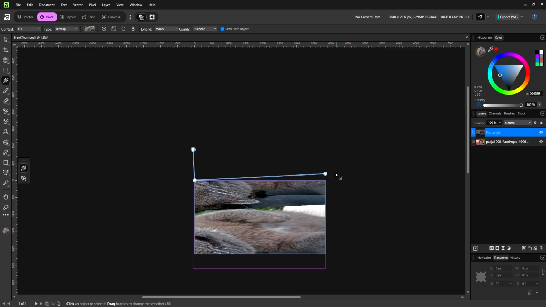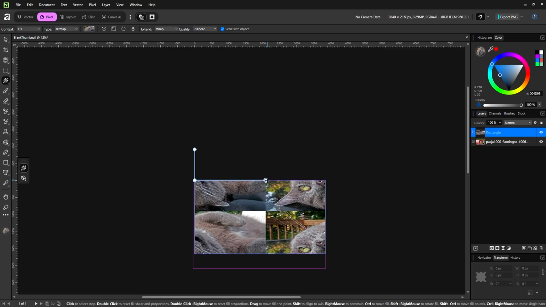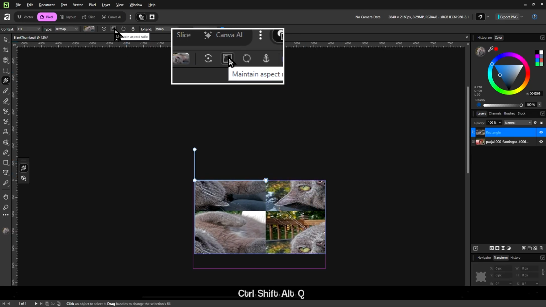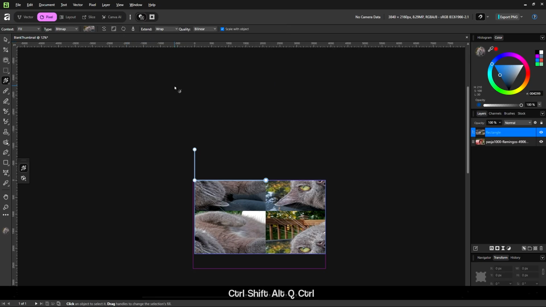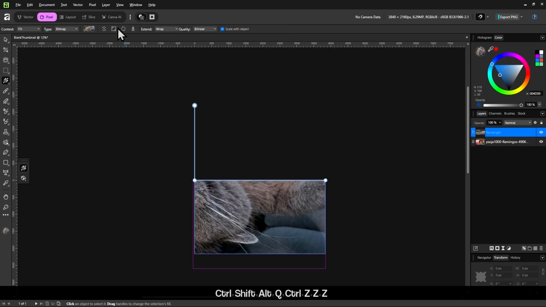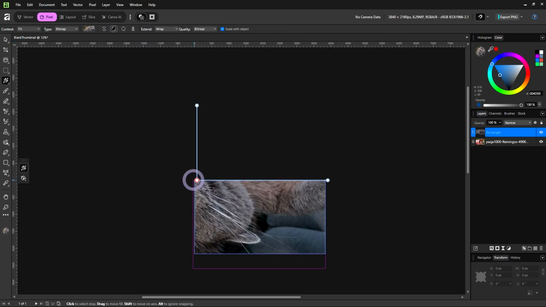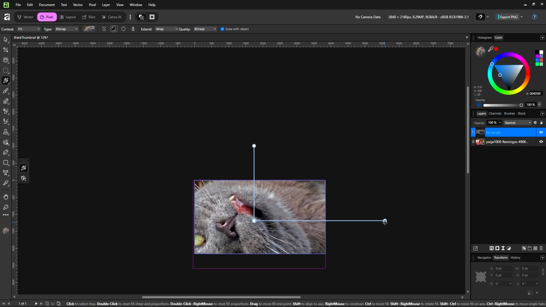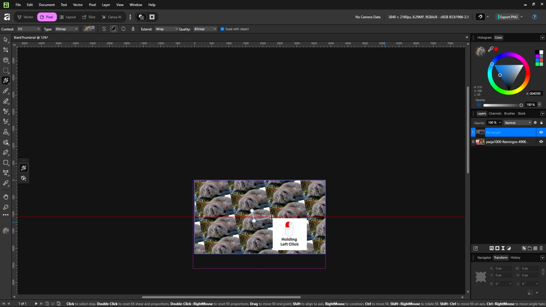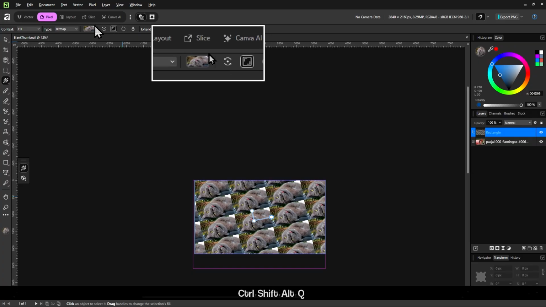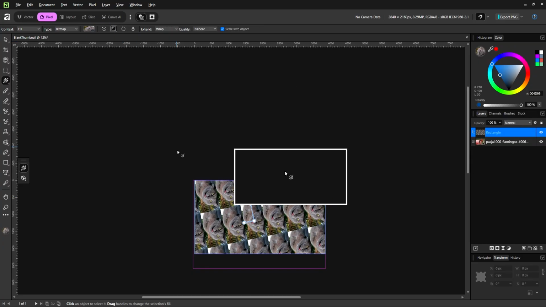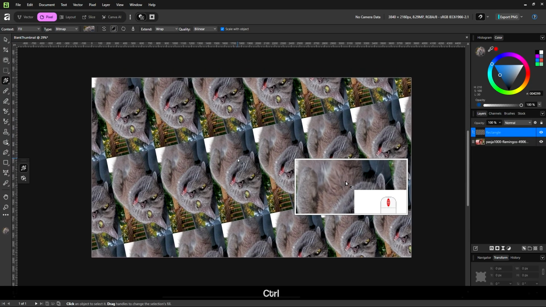And as you can see, it can stretch the image. So make sure to keep maintain aspect ratio on if you want to. I definitely want to. So it makes this like pattern from the image. There are options for rotating. Oh yeah, sorry, let me zoom back in.